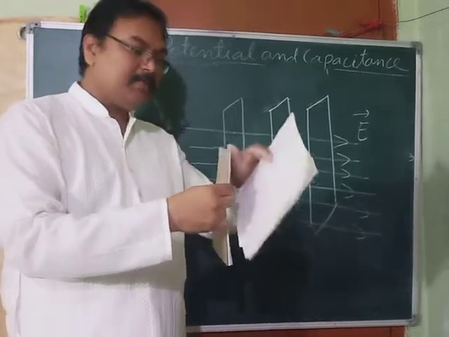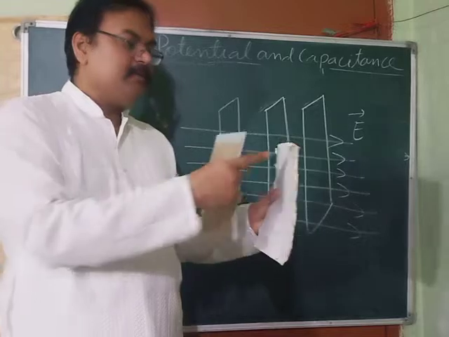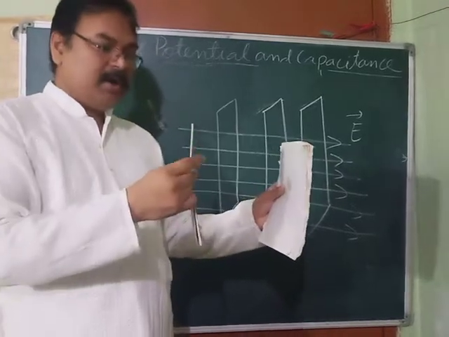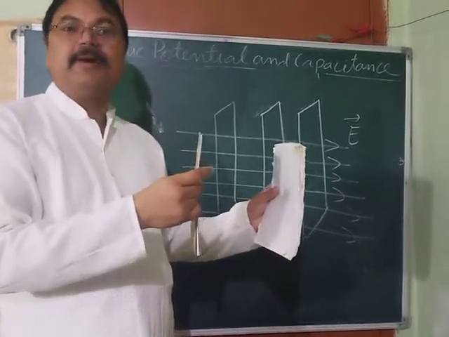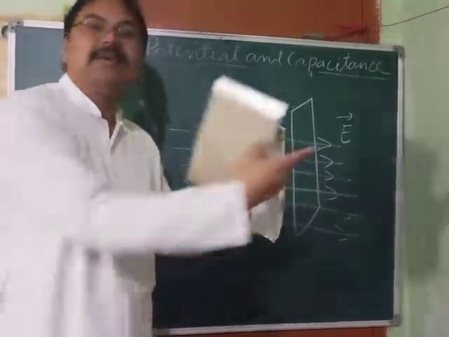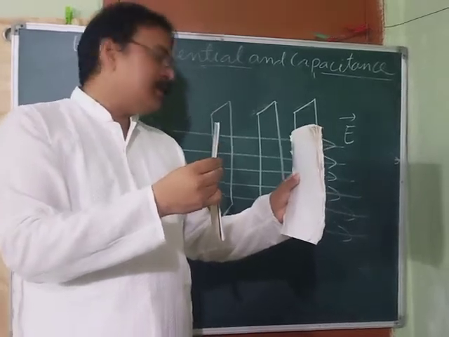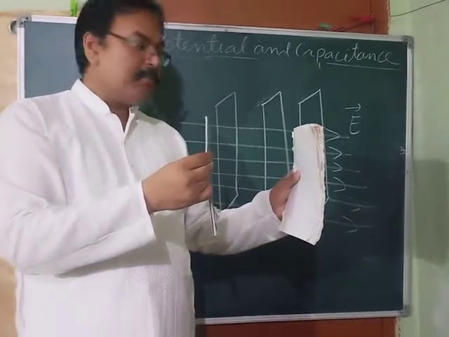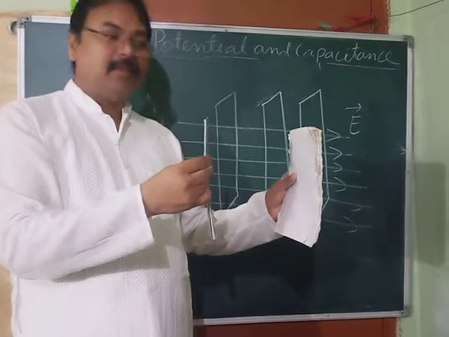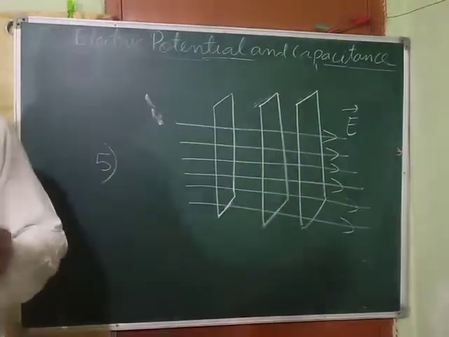Now, the thickness of this plane is almost 0 with respect to its length and width, and the same is the case for this also. So on this plane, everywhere the potential is, suppose, 5 volt. On this plane, the potential may be 3 volt, because it will decrease as we move in the direction of the electric field. So these planes are equipotential planes, and they are parallel to each other. Please draw this.